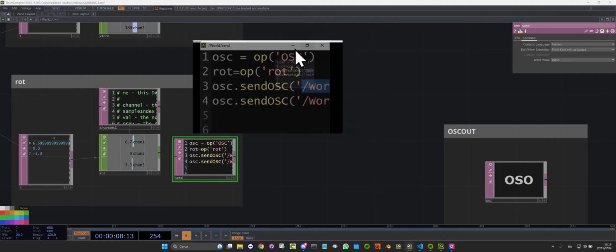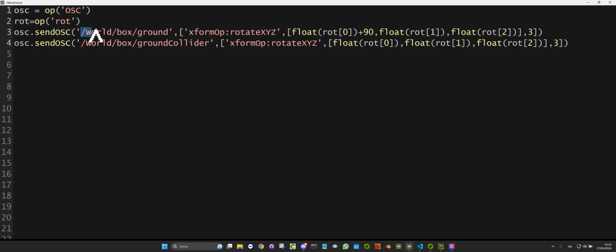So, this is how it's working. You go to the prim path, then you want the name of the parameter that we just discovered, and send the list. Okay, the last number is for